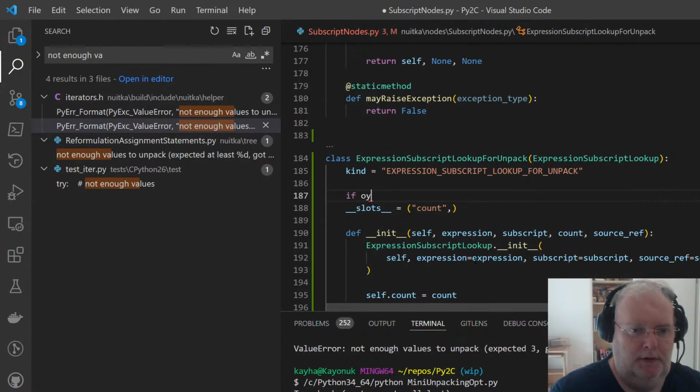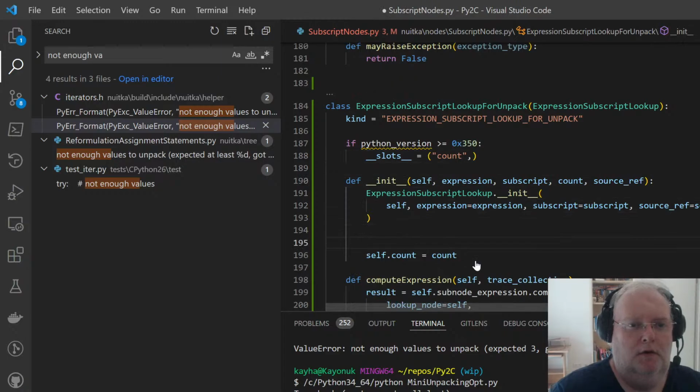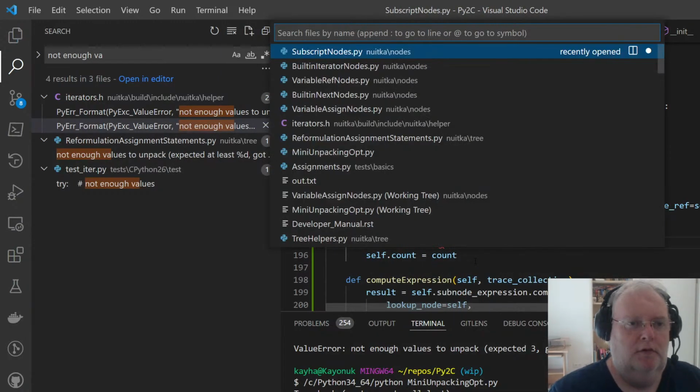So if Python version 3.5 was the first one to have it. And then if count, which version?